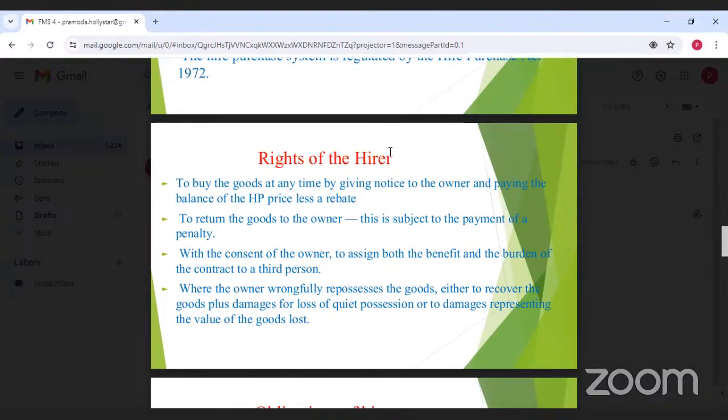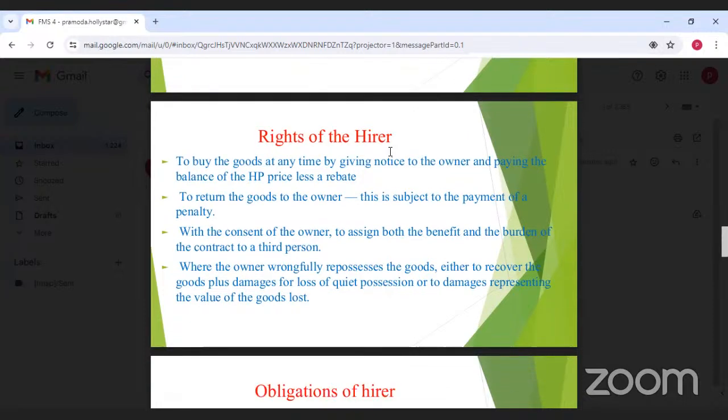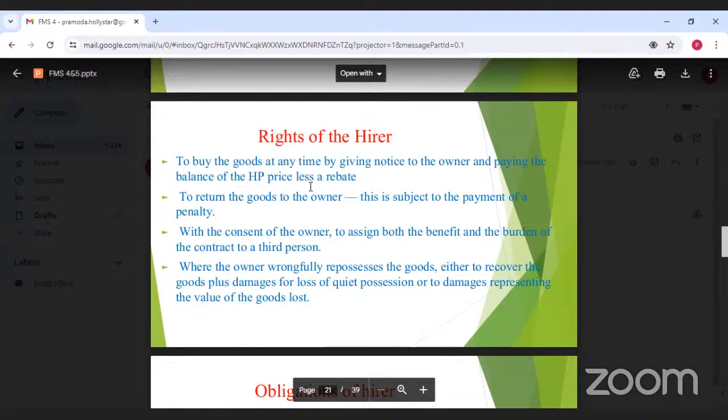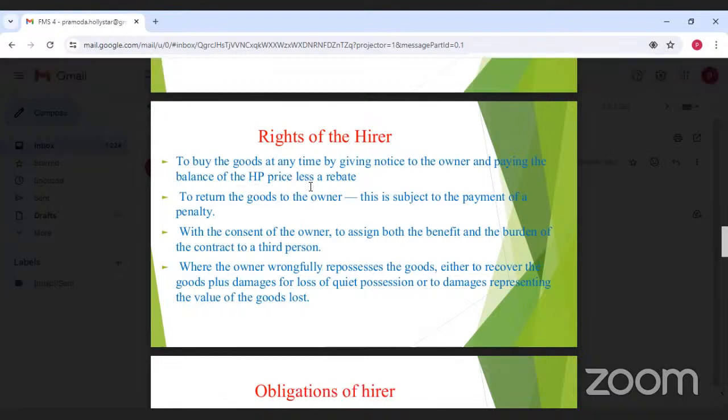Now, under this hire purchase agreement, we have two parties. One is hirer and hiree. Hirer means the one who purchases the assets. Hiree means the one who is facilitating the purchase of the asset, that is banks or financial institutions. Now let us understand what are the rights that the hirer and a borrower will have under the hire purchase system. Please look at the screen here, and also please make the habit of